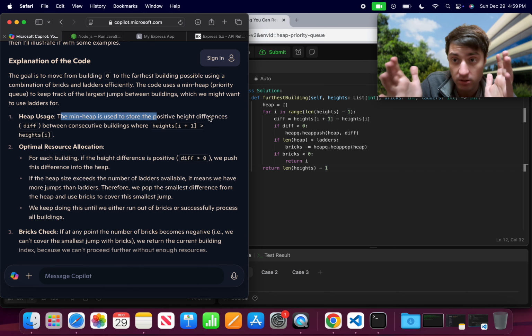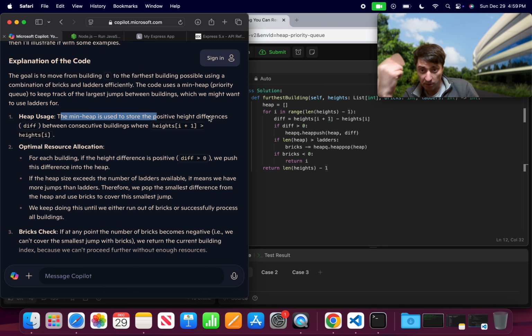Yes, that makes sense. And I also know when we do the pop, we will get the smallest value, which kind of makes sense if we want to use bricks on the smallest ones. That's kind of what I was saying there. But